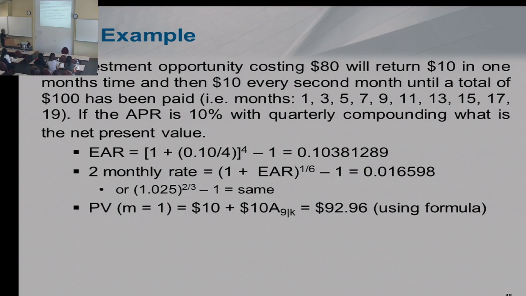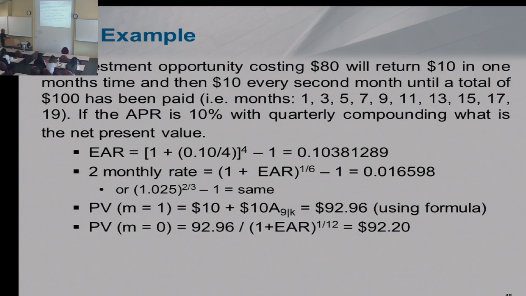Stick that into the annuity formula with N equals 9, multiply by $10 and add $10, and I've got the present value at month equals 1. Then I want the net present value, so I need to break this back to time period 0. So at time period 0, I need to discount 1 month,